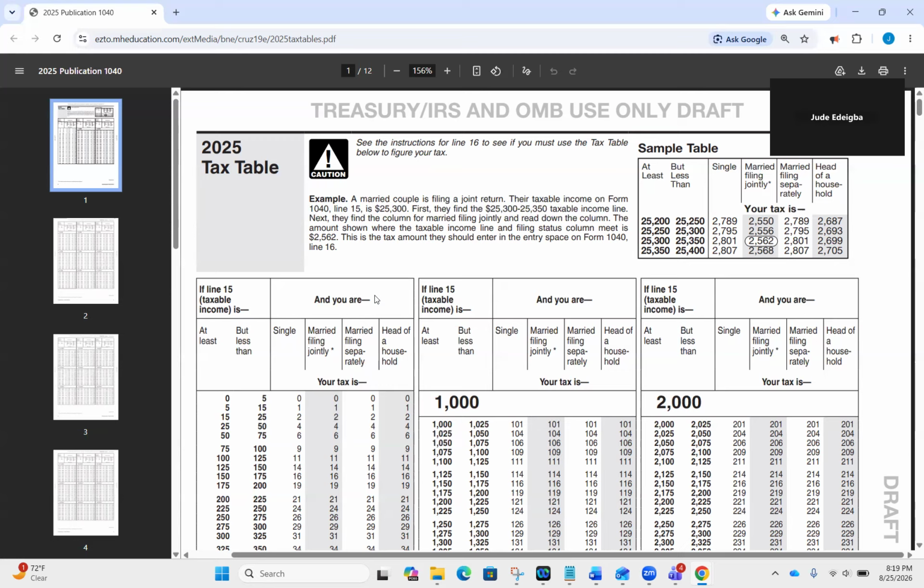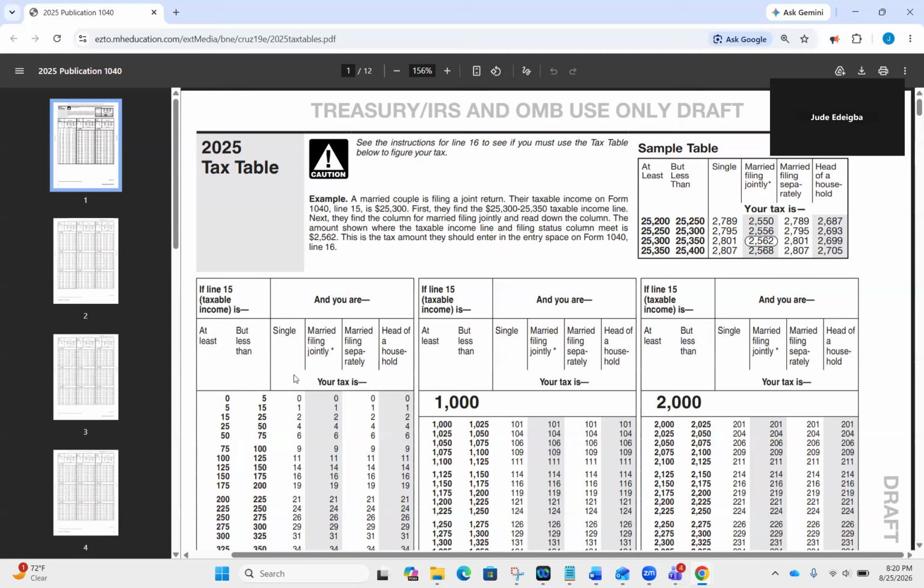Okay. All right. So this table goes from at least $0 to less than $5. So that means your income has to fall between $0 and $5. Right. So the whole of this column is what you call the filing status. With the filing status,